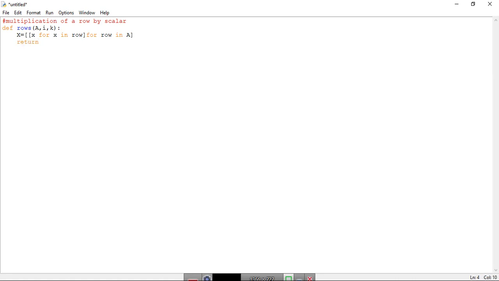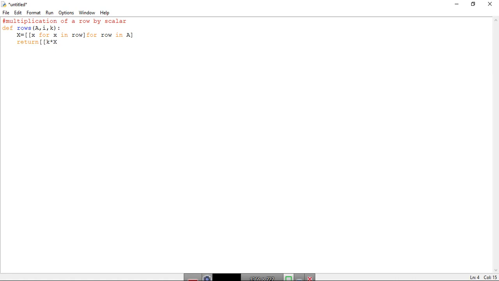We need to be careful about the brackets. So first bracket open, then the second bracket open. In the second bracket, let us put k times the row. Now remember row. Okay, so x, that's our matrix x.